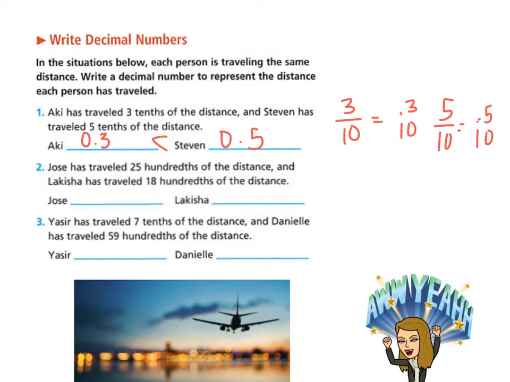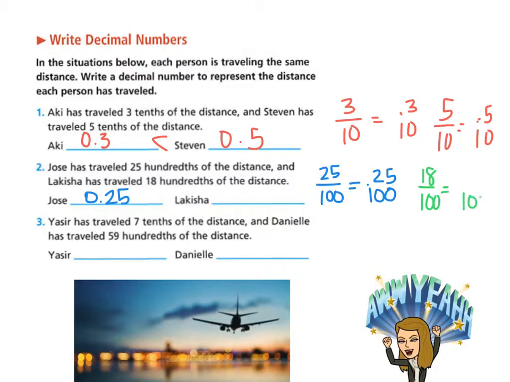All right, so let's do Jose's first. 25 hundredths. That is equal to the decimal 0.25. Perfect, it falls right into place. So he's traveled 0.25 or 25 hundredths. And Lakeisha has traveled 18 hundredths, which is equivalent to the decimal